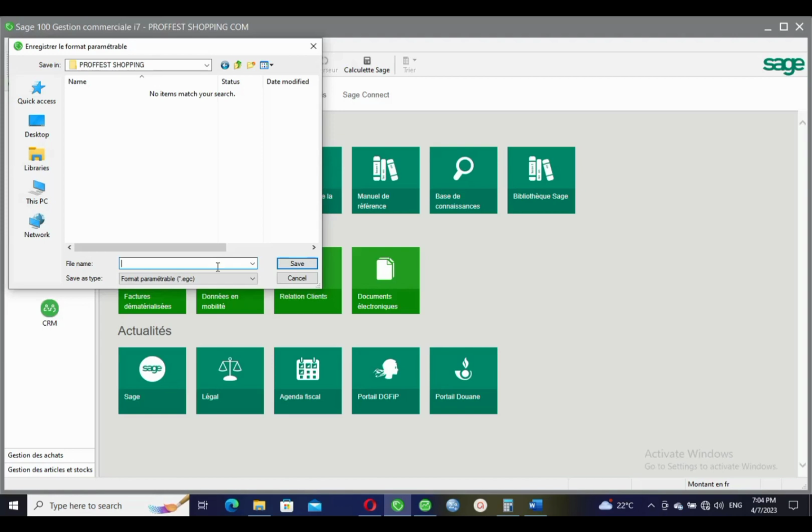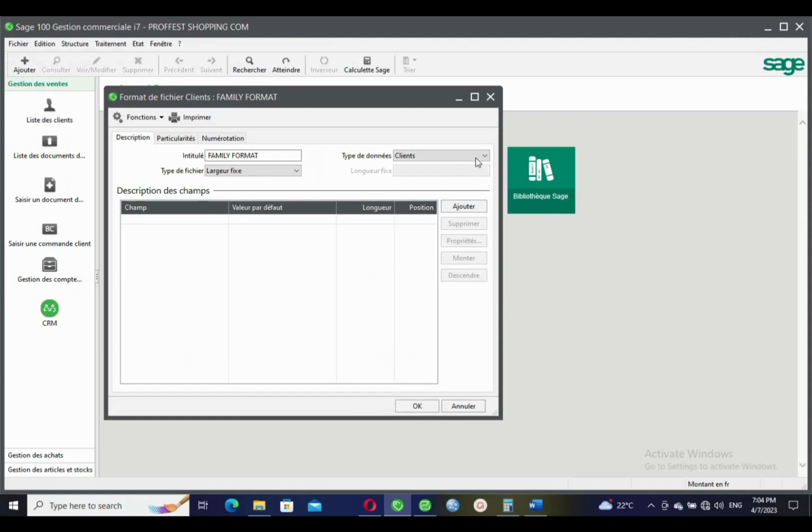before creating an import export format for articles. So I'm going to create, for example, family, let me say family format, and I will save it here. So when it comes here, I have to select the type de données, the type of data, which I'm going to call families, and here I have to specify the fields which will appear. So I'll take ajouter, the first one is code, and I will give it a length that it should